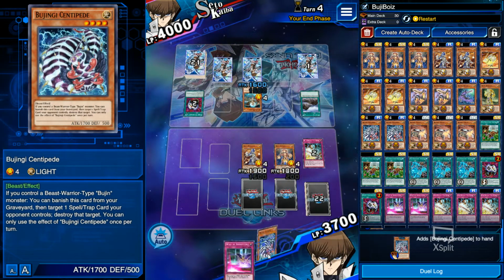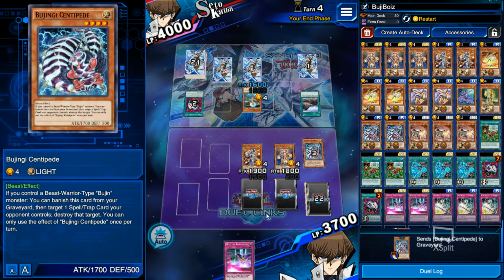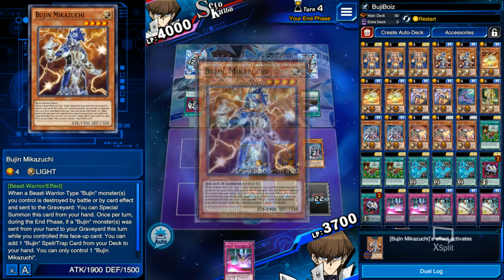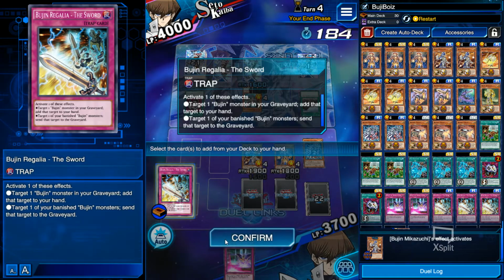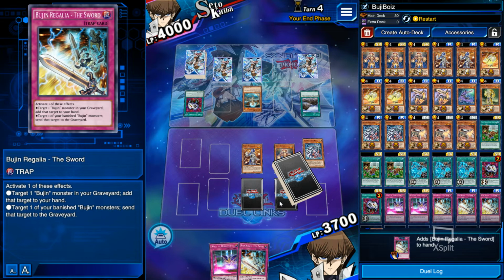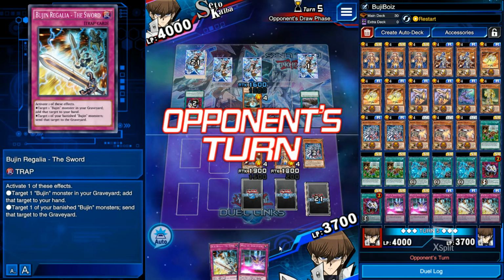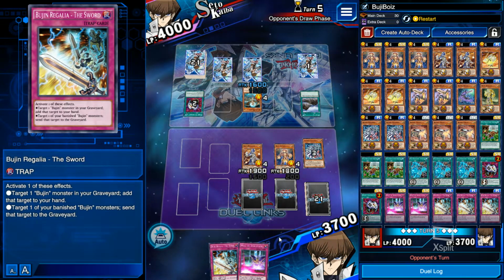So we're going to grab Centipede. And we'll go ahead and grab our last Regalia, just so we can have it. Just in case he is able to get rid of one of these two. I mean, it's not really going to matter if he gets rid of Mikazuchi, but like I mentioned earlier, Yamato is kind of our only way to set up the graveyard. So